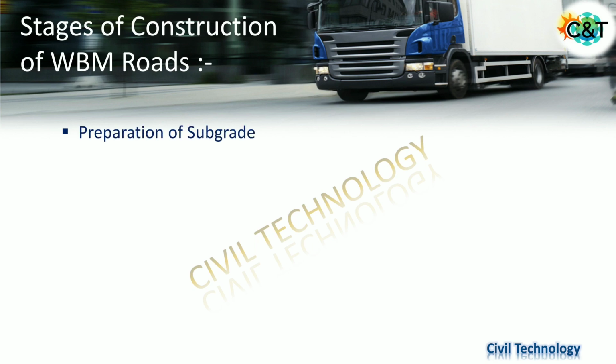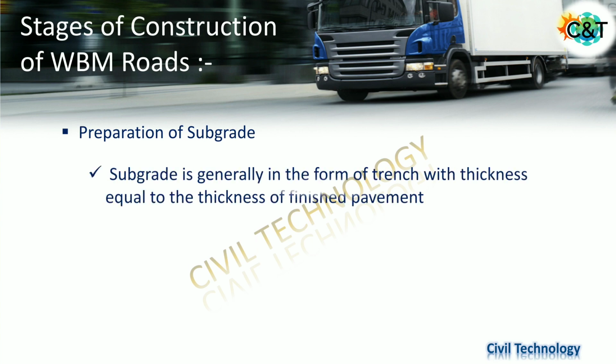So if you see on the side, you can easily understand the subgrade layer looks like a long longitudinal trench, and its thickness is equal to the thickness of the finished pavement layer. This is a general criteria we normally follow on the side for the subgrade layer thickness. So what happened after completing the earthwork in embankment or cutting, the formation level we prepared, and